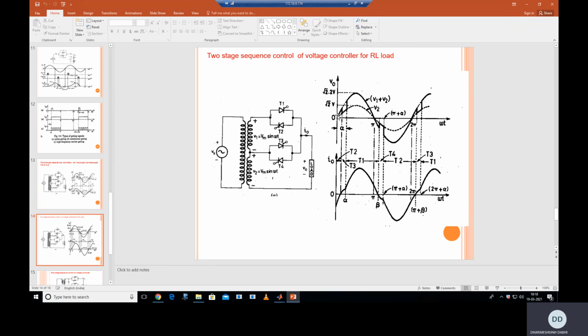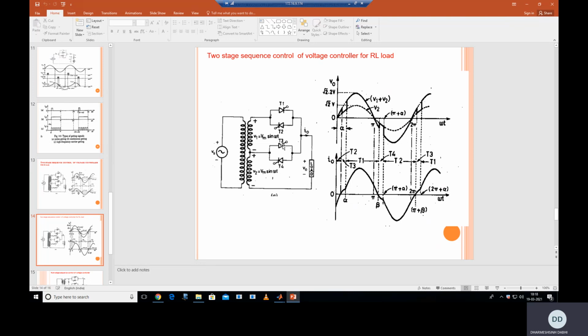Yes, steady state condition means we assume that in the previous cycle your circuit is already energized. So here there is an RL load. In the previous cycle your inductor is energized, and that energy is now released through this T2. So now you get the output voltage 2 Vm sin omega t in this period. And at this angle, at phi angle, when all the energy is released, T2 will turn off.